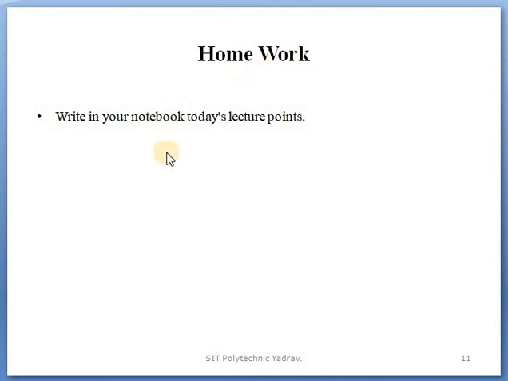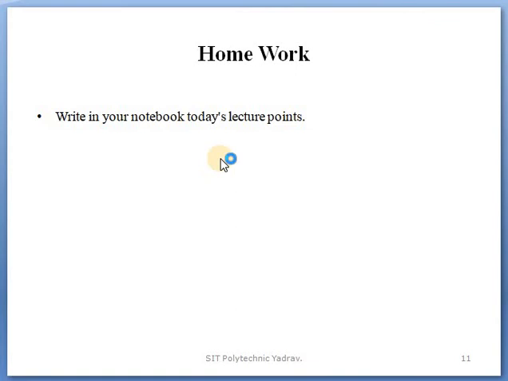Homework on today's lecture: only write today's lecture points in your notebook. The PPTs that I provide are your notes, and your PPTs continue the sequence of lectures. This is the fifth lecture, so up to the fourth lecture the points are already written in your notebook, and continue with the next lecture's points.